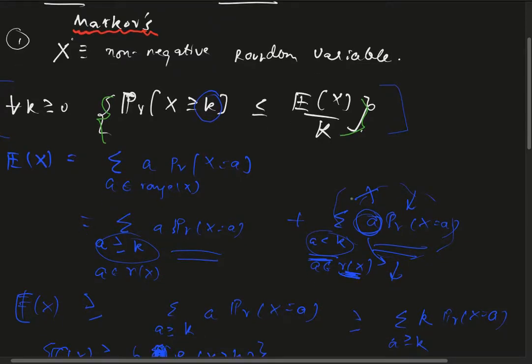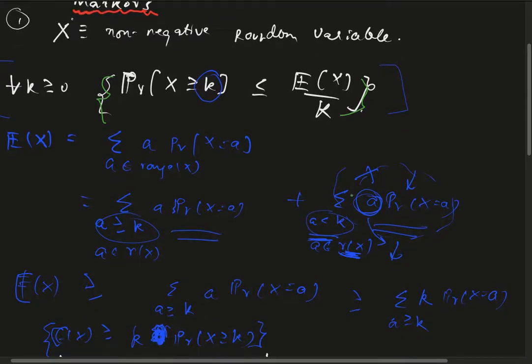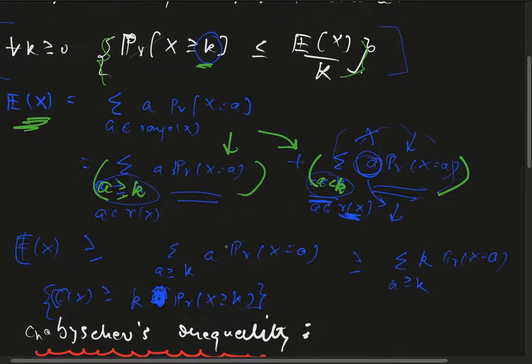The way we go about proving this is using the standard expectation formula here, and since we want k as a parameter in the inequality, we introduce k. We separate this into two separate summations according to the value of the range of a with reference to k. Once we have done this, since we want a greater than equal to sign here,